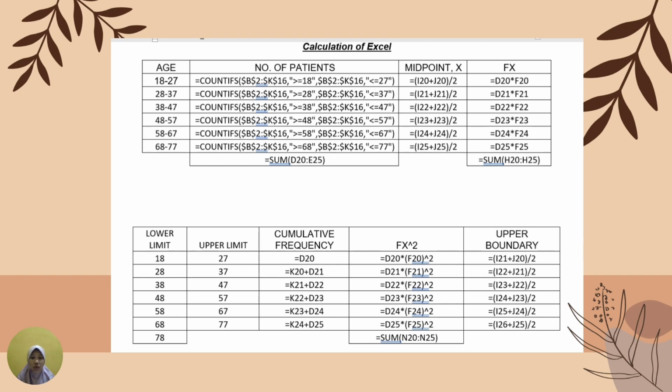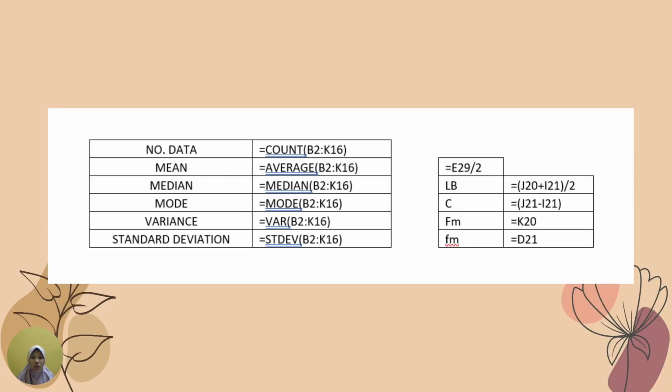The midpoint value can be obtained from the upper and lower limits added together and divided by 2. In addition, the cumulative frequency is obtained from the frequency plus the next frequency. For fx, the frequency and midpoint values are multiplied together, while for fx squared, the frequency is multiplied by the midpoint value squared. After that, we use specific formulas in Excel to find